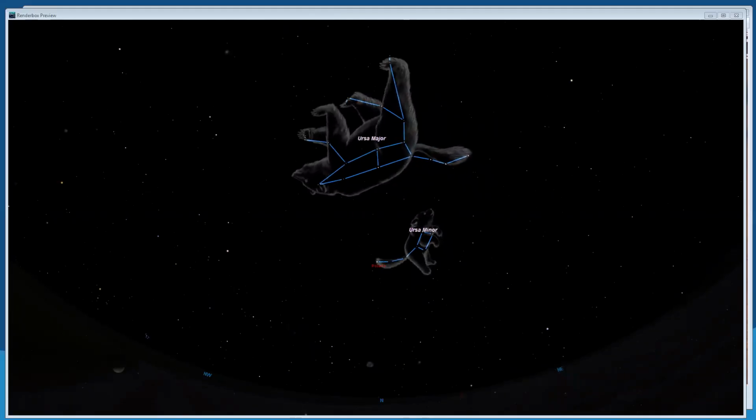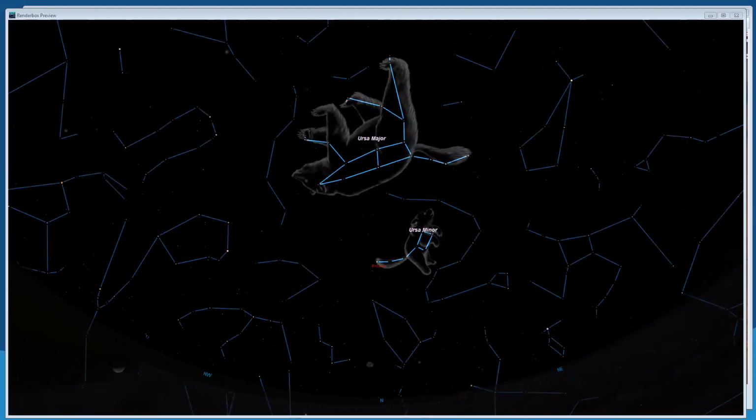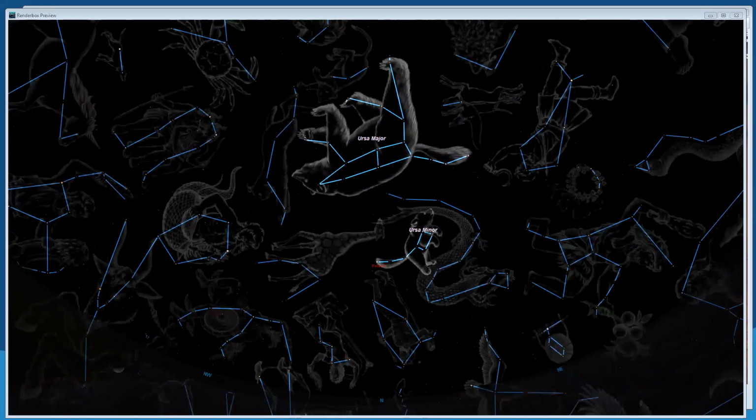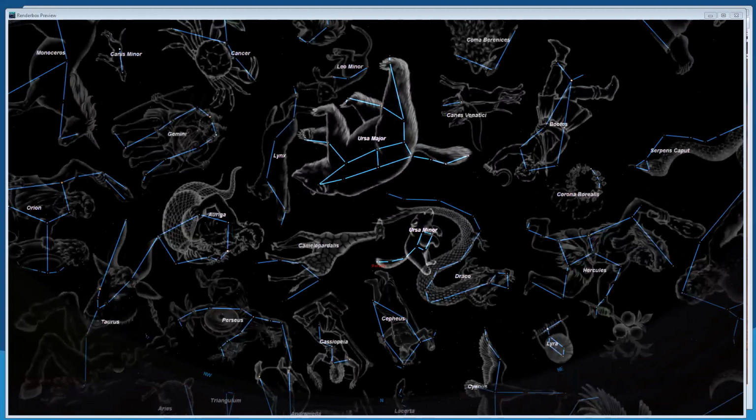I'll stop time here. And I'll go ahead and turn on all of the constellations. You can see Draco the dragon is curled around Ursa Minor.